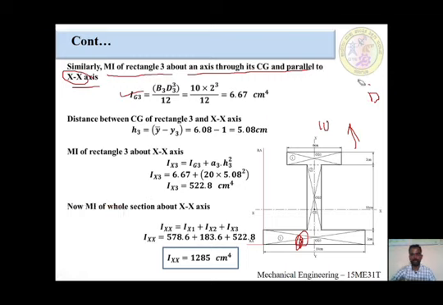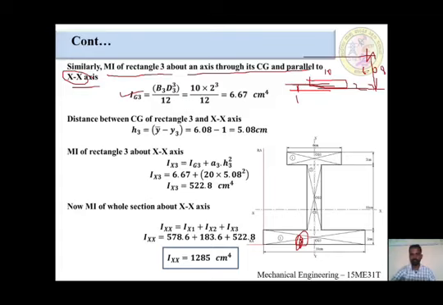After that, how to calculate the h value? I am taking this component outside. It is like this: this is 10 centimeter, this is 2 centimeter. How much is y bar? From here to here is y bar, because this is the horizontal reference. We got 6.08. And from the reference to half of the component, y3 is equal to how much we got? We got 1.